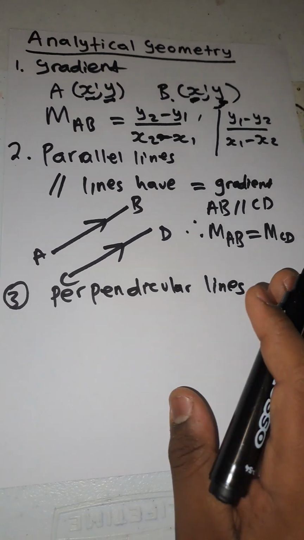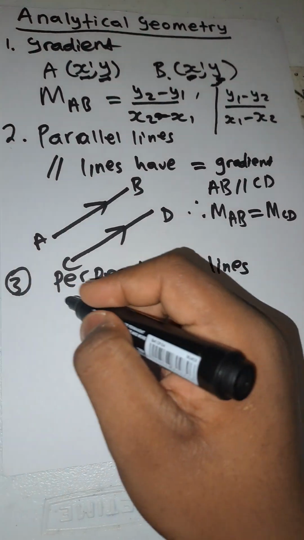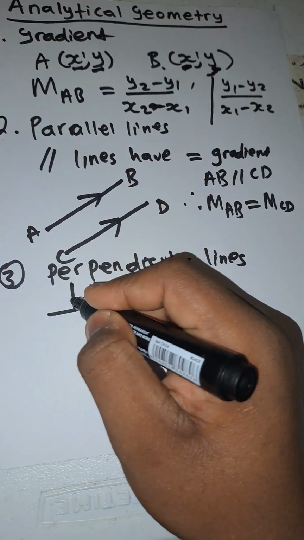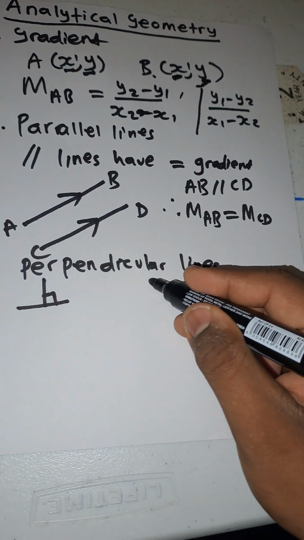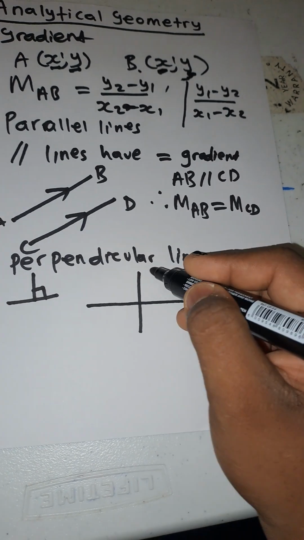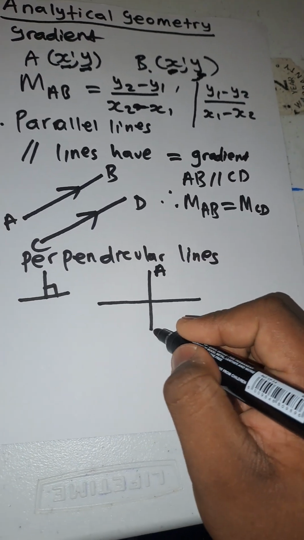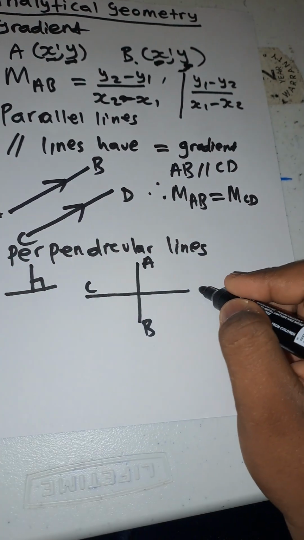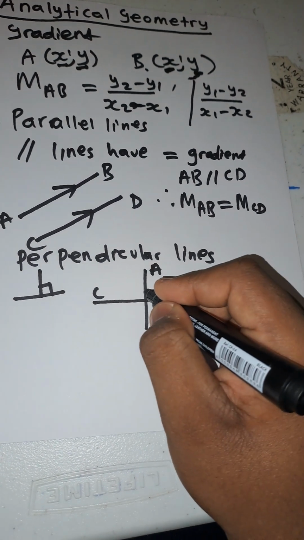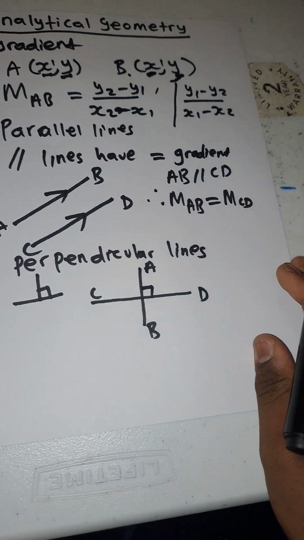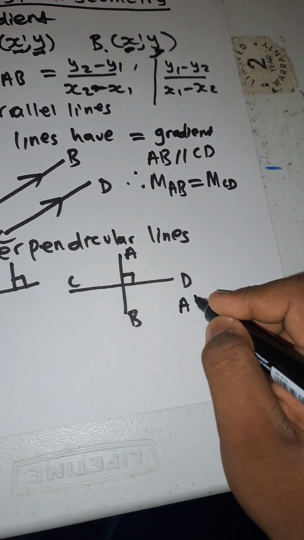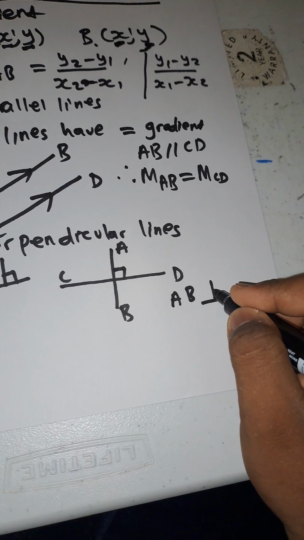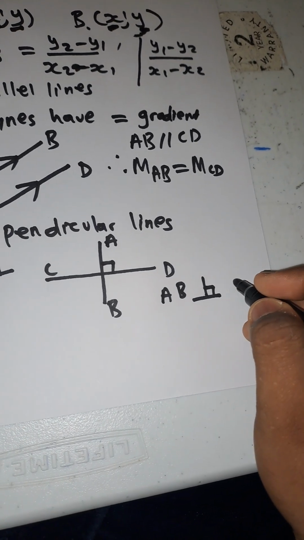Right, so you must know what a perpendicular line is. That line which is like this and like this, right? It means at 90 degrees. So I'm gonna show something like this one. You'll have your A there, you'll have your B there, you'll have your C there, and your D there, and then where they intersect, they make 90 degrees. So let me write here, AB is perpendicular to CD,